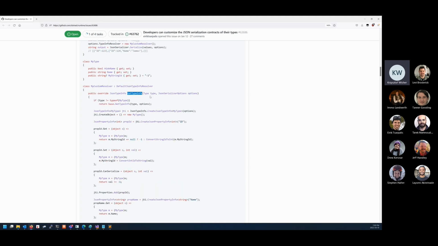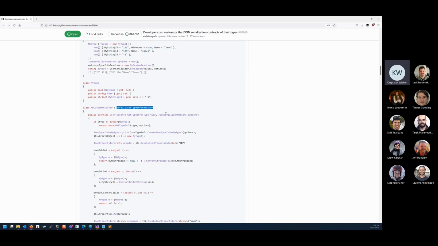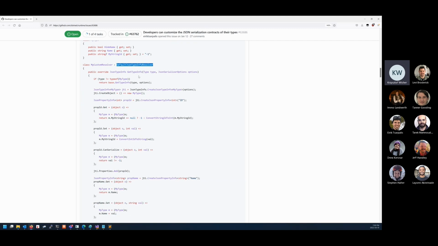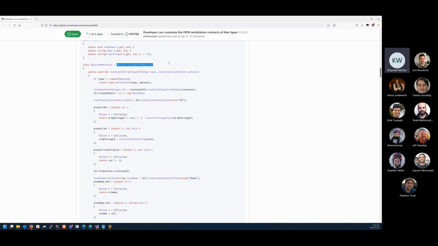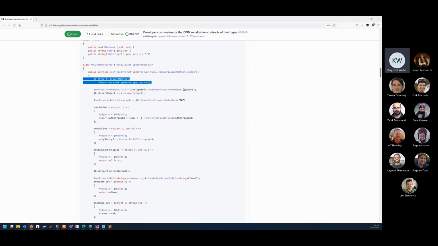You can also do it by constructing this completely from scratch without using the default implementation. There is an interface we've provided for that, which the default JSON type info resolver also implements, and you can either use that from scratch or start from something which provides lots of defaults like in here. So in this specific example, if it's not our type, we do whatever the default does, and we ignore everything else. In the other case, we start by constructing an empty contract, and then we provide the